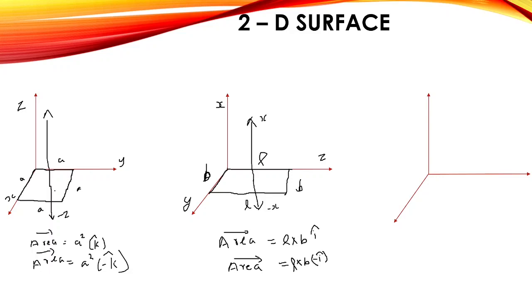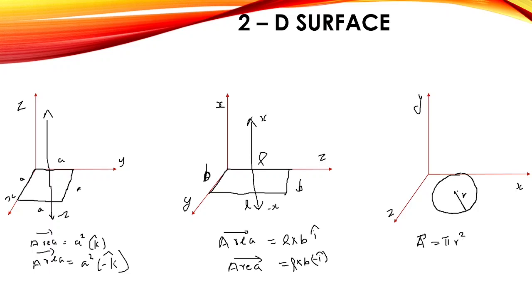Okay, now let's consider another shape. We have considered a rectangle and a square, now let's consider a circle. So this is my circle with radius r, and let's name the coordinates as y, x and z. So this is in our zx plane. The area of a circle, I am writing it as A, is equal to pi r square. That is the magnitude.